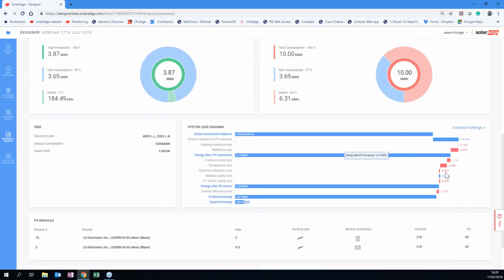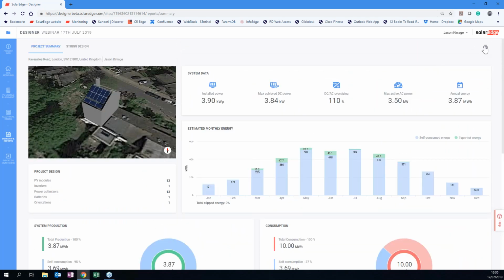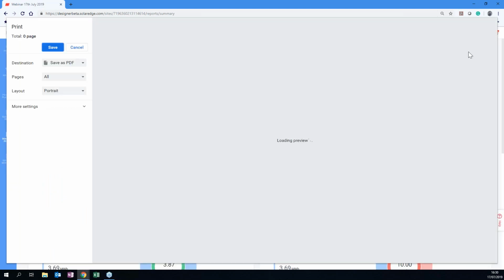We've got losses here, we've got improvements because of shading and optimizers and things like that. Then on here we've got the azimuth and also the tilt. So we've got loads of information on here, and then we've got the bill of materials. And the last thing that we can do, or two last things I should say, is we can go